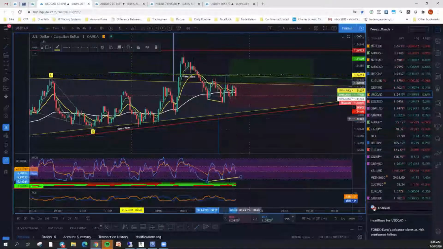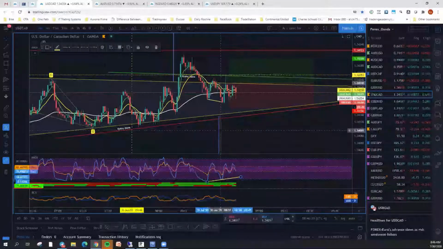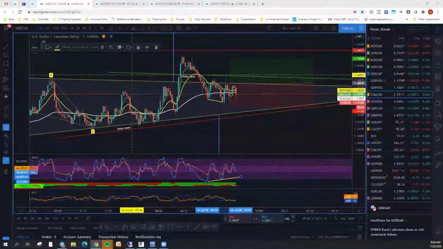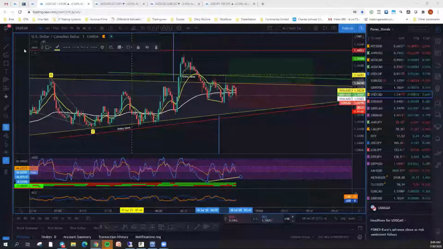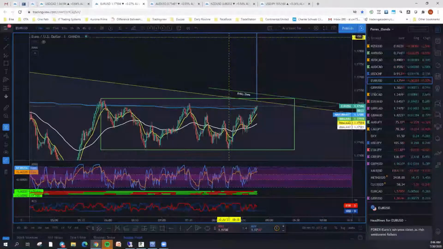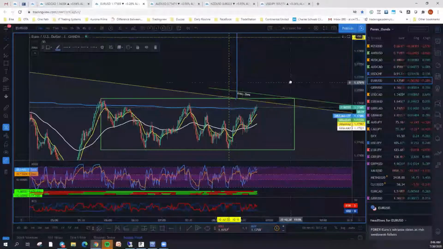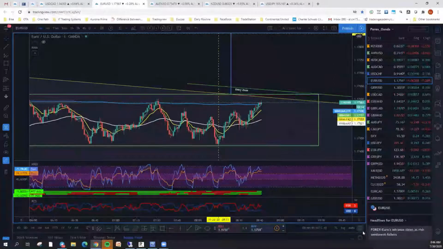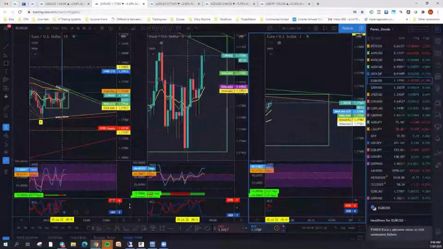Yeah, Euro USD's hitting the top of the trend line, right? Yeah, let me go and bring that over to here. Okay, again, Ron, we're looking at this to see if it's going to break. I'm just going to move this out of the way for right now, and spread this out so we can see it a little bit better. Check out our different time frames and see how the strength is.